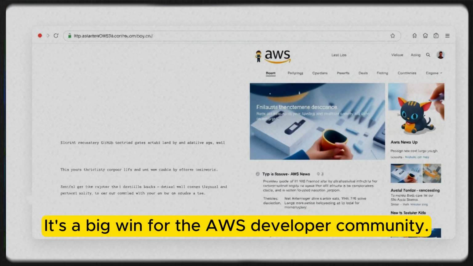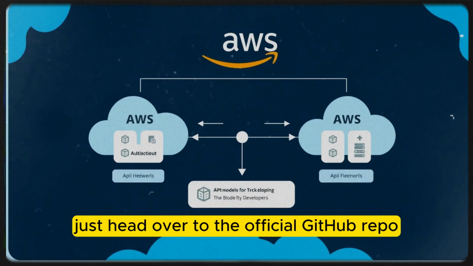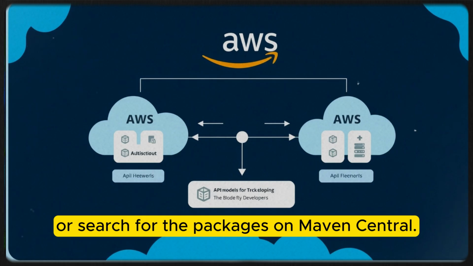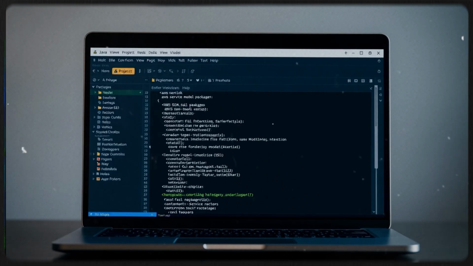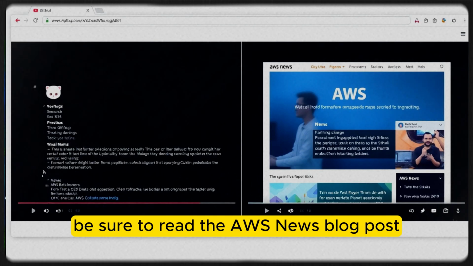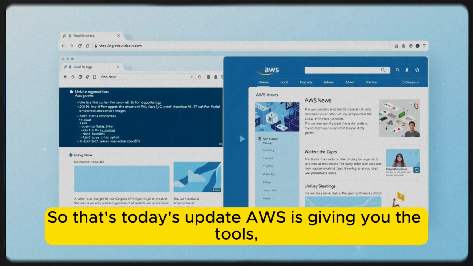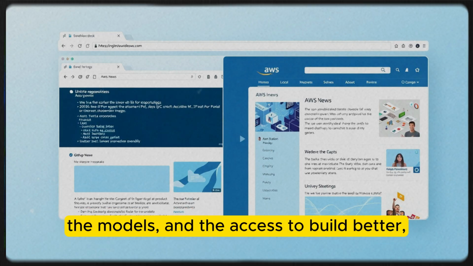It's a big win for the AWS developer community. Want to check it out? Just head over to the official GitHub repo or search for the packages on Maven Central. And for a deeper dive, be sure to read the AWS News blog post. They've got all the details there. So that's today's update. AWS is giving you the tools, the models, and the access to build better, test smarter,